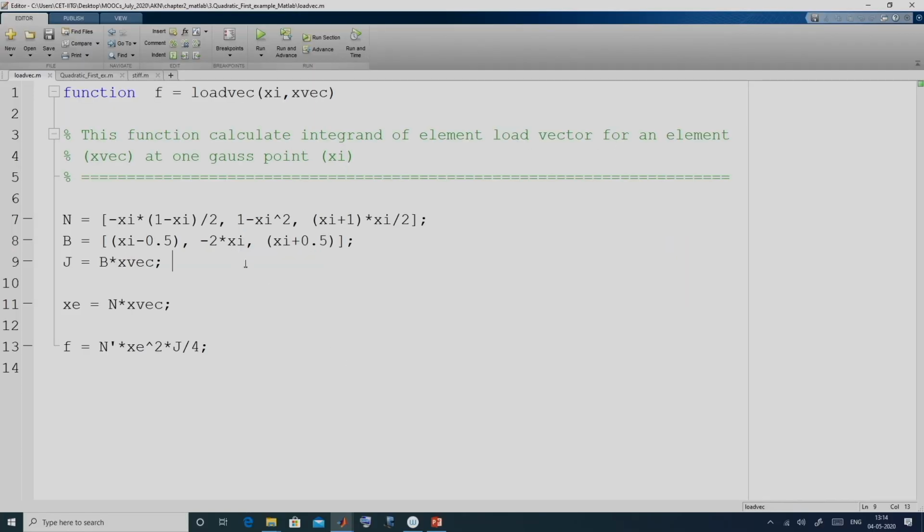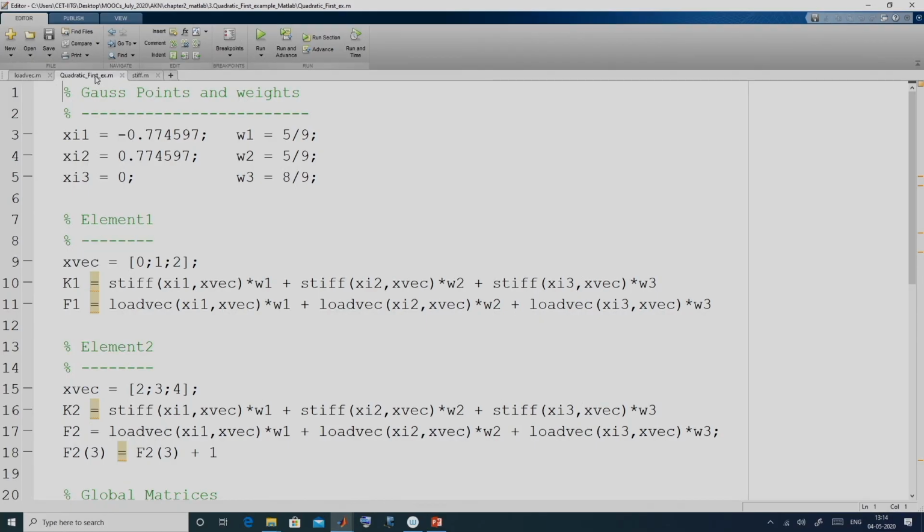Now, I am showing you the main MATLAB program. So, for element 1, this is our x vector. In MATLAB, if we separate by semicolon, that means this is a column vector.